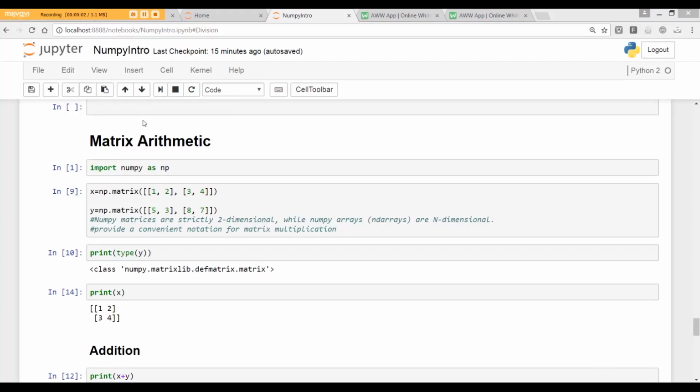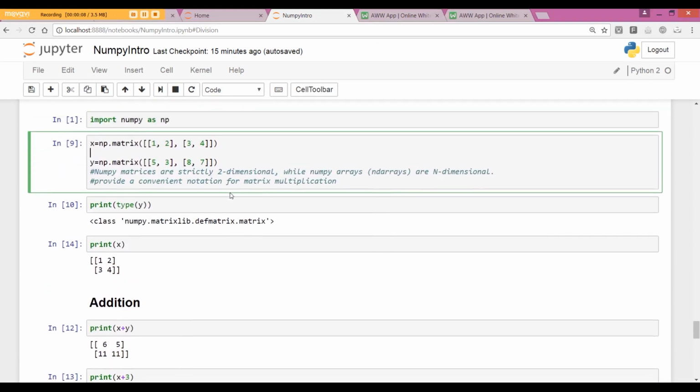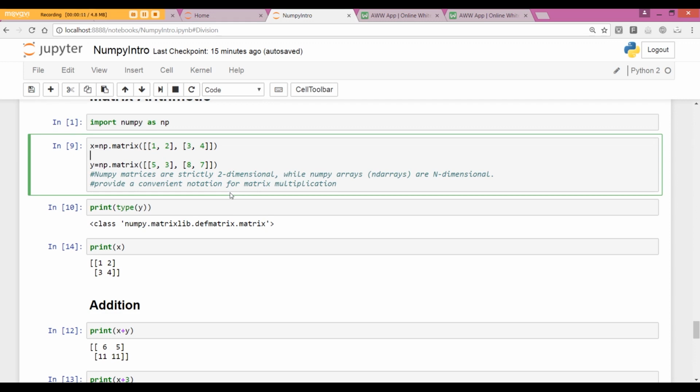Okay, now over to matrix arithmetic. I've imported Numpy as np and I have two variables here, x and y, and I have created a matrix using np.matrix. Now this might seem different from what we had been doing in the previous lectures, and indeed this is different. Instead of creating an ND array, I have created a matrix, a matrix class, and if you see in the next line,